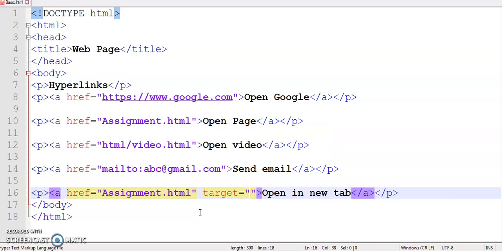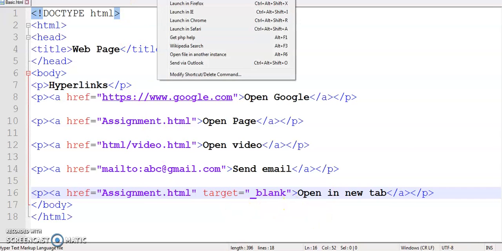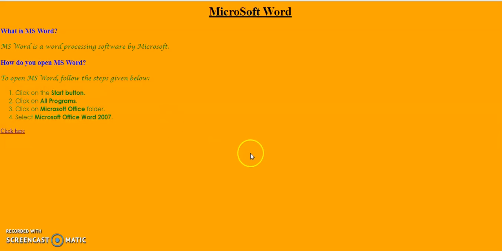So if you write as the value underscore blank, this attribute opens your specified web page in a new tab, not in the same browser window. It will open it in the new tab. So let's run the web page once again. So whenever you click on this open in new tab, your web page will open in a totally new tab.